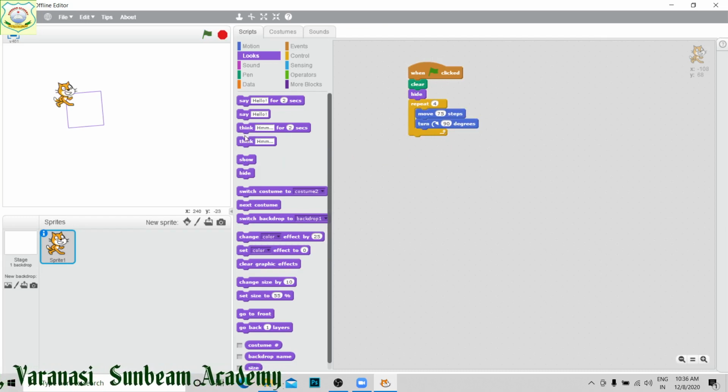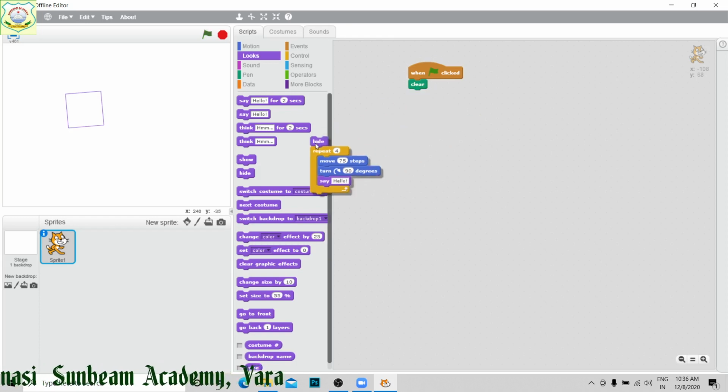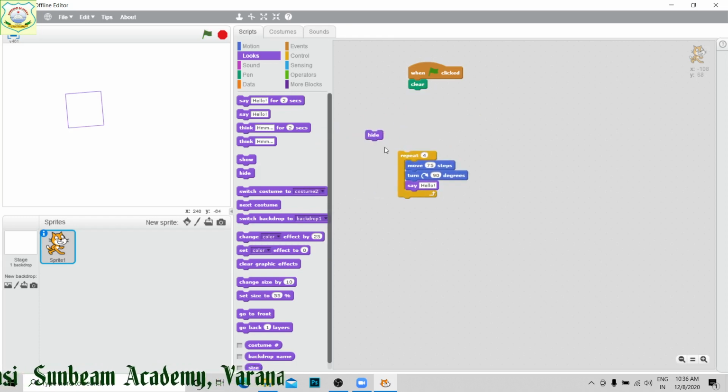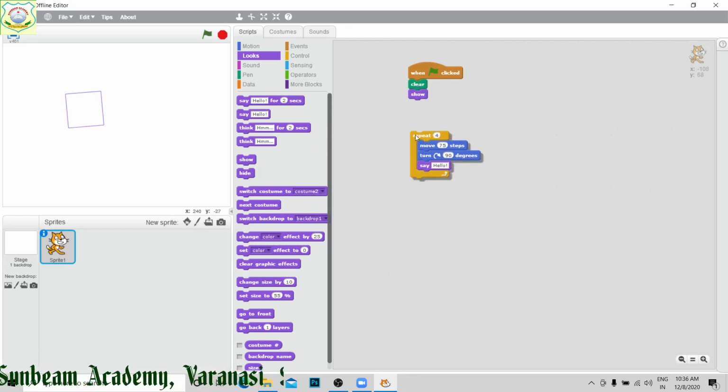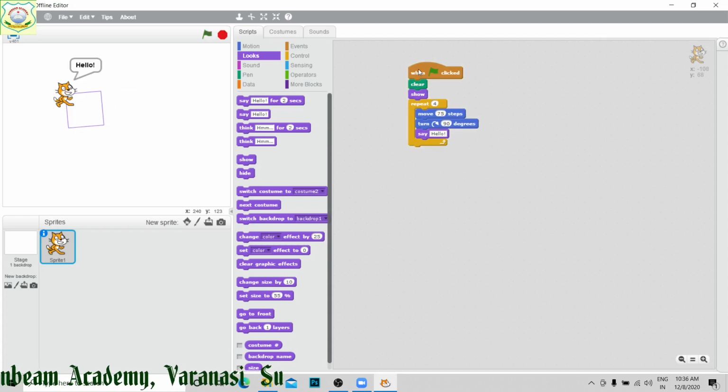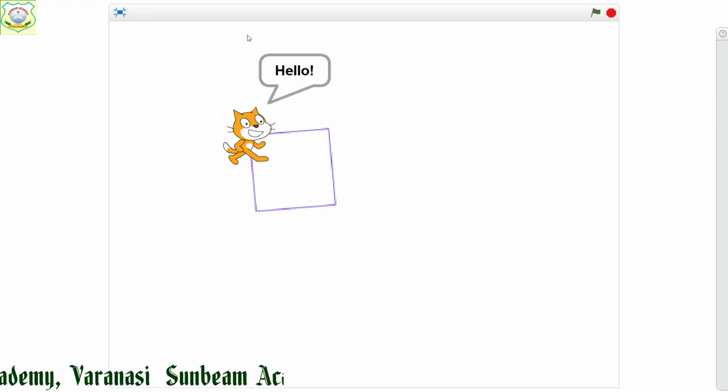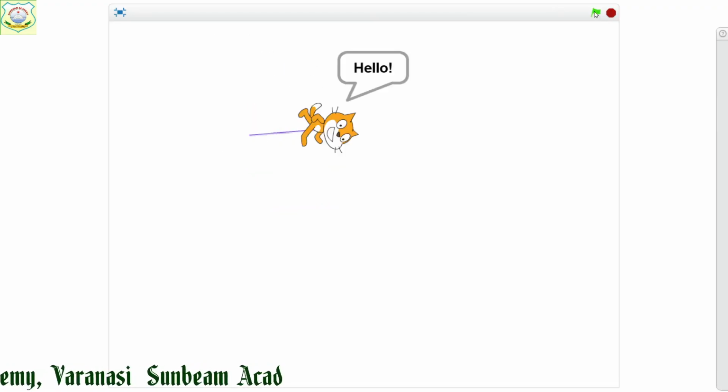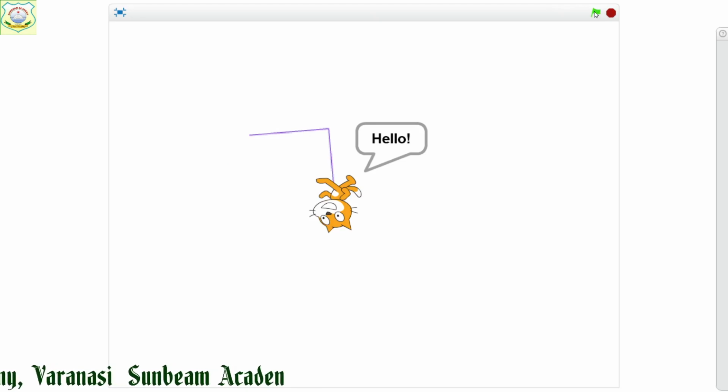Suppose it is saying hello, run it. Hide, I am going to remove from here. So now you can see it is saying hello. Now this hello I am going to use, it will say for 2 seconds, not permanently. Then what will happen? When I run this, at every location it will say hello, whatever message you want to show with hello.